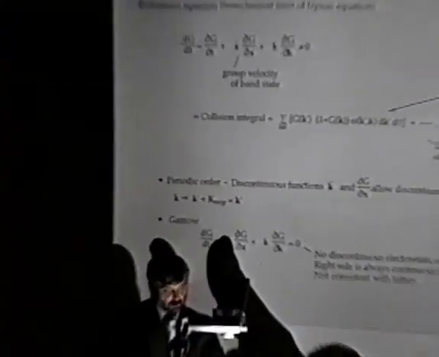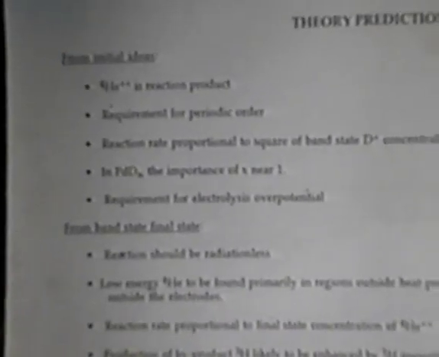Rudolf Peierls did it. There's a formalism that's associated with this, with putting in reactions and so on. The big message I want to get across is that this diffuse thing is very different. The ion band states are radiationless for a number of reasons that I won't go into. I want to summarize the theory predictions that came out as a result of this.